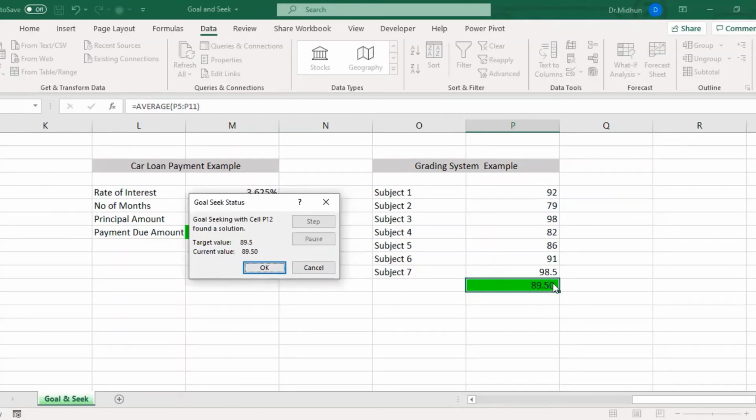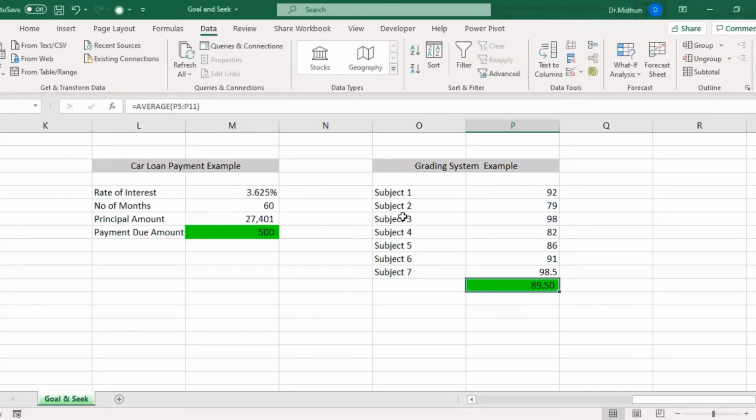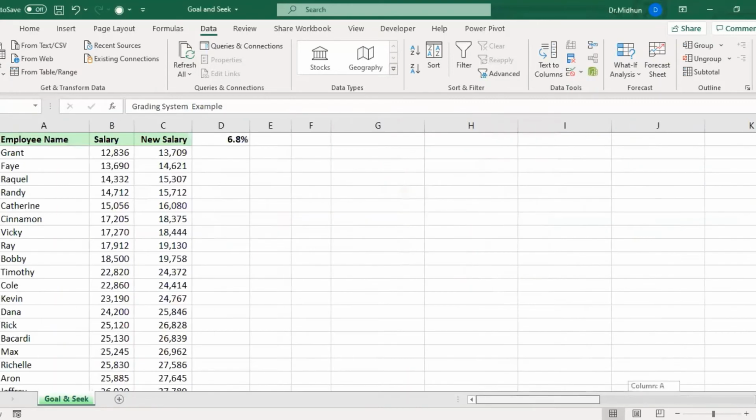Yes, so now you can see 98.5 is the maximum mark I can get for subject 7, and overall 89.5 is the attained percentage. So this is how I can apply goal-seek in these two ways. Now we move on to the next new set of exercise where we are going to see something more interactive in applying the goal-seek function. So here we have employee name and salaries paid, existing salary and new salary, and also